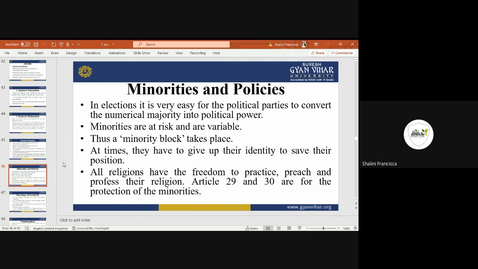So, it's clear that if they are not able to make decisions, then even if they speak, they don't have any power. The majority people, those who are in power, don't listen to them, so automatically they are blocked. At times they have to give up their identity to save their position. Obviously, we have seen that there,